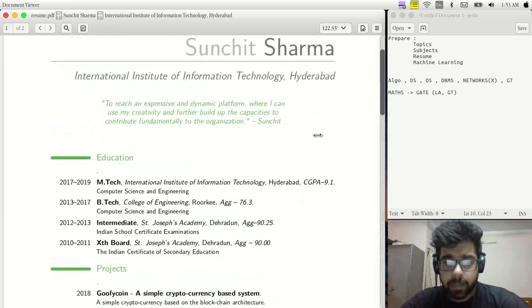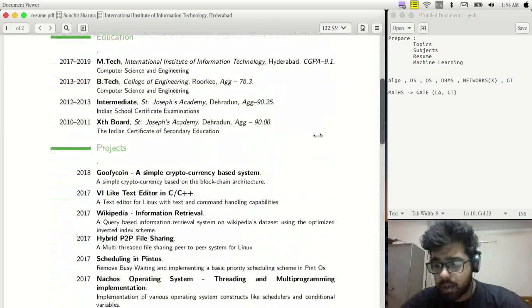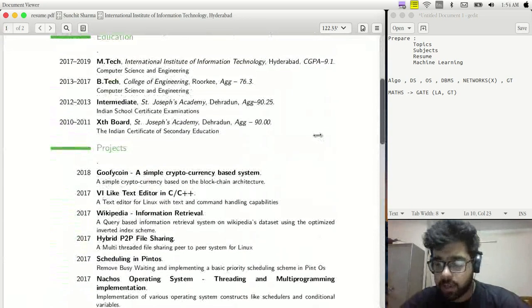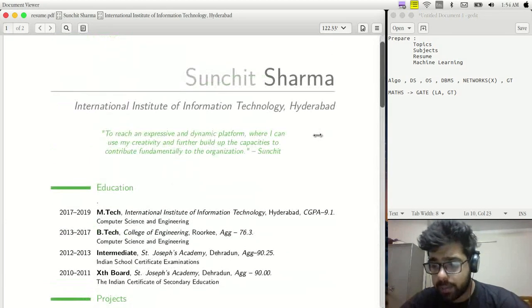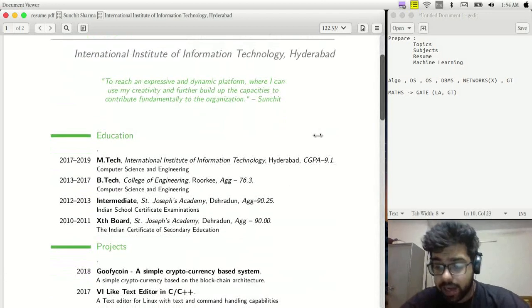If you could mention it somewhere, I would not say make it long. This resume is more than one page because of the number of projects, but if you don't have a lot of projects, try to keep it short and simple, a one page resume, and highlight the subjects you want to be questioned on.